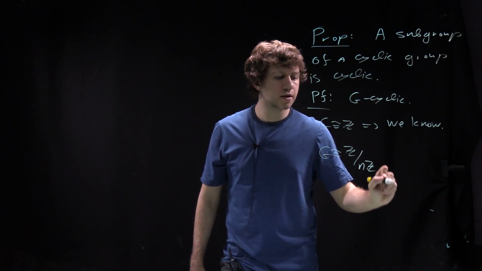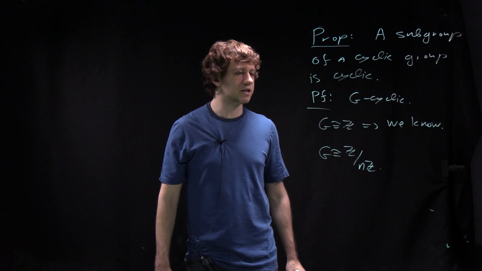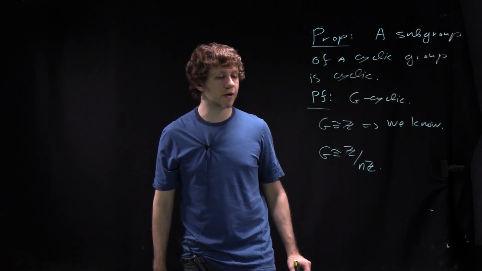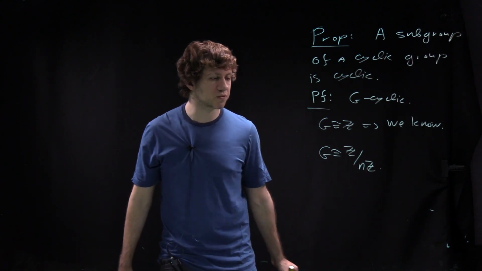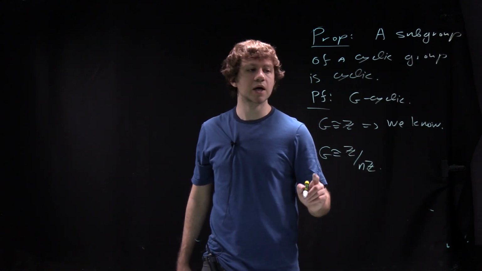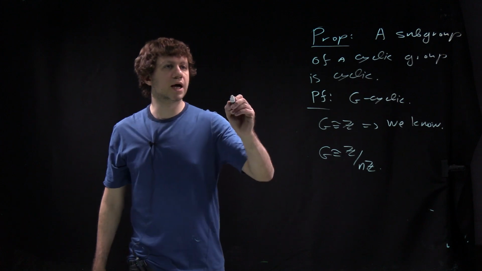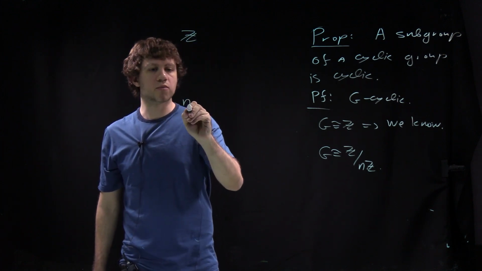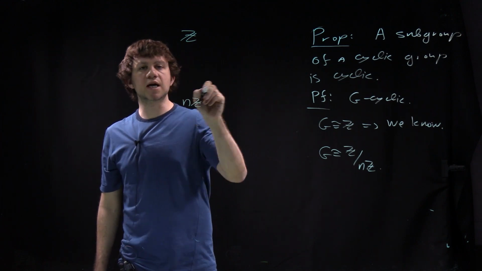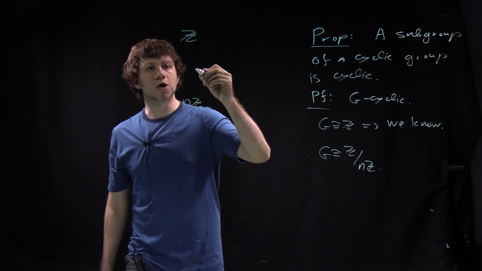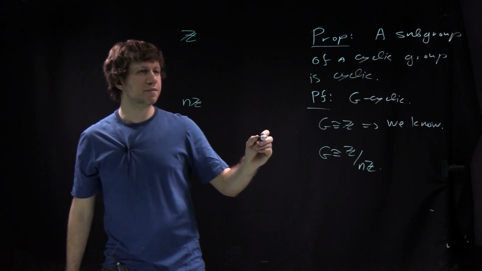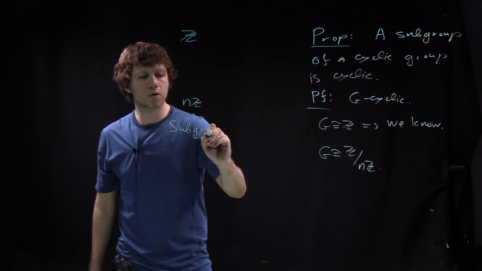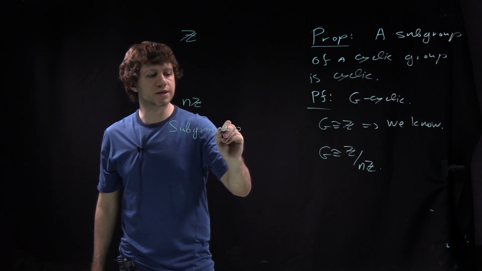And here, of course, you can prove it directly. That's quite a simple statement. But in the other case, we can also use the correspondence theorem. So let's just recall, because I just want to practice maybe with the correspondence theorem. So I know that I have Z, and inside I have a normal subgroup NZ. So what subgroups are in between? So let me kind of say that. Subgroups of Z